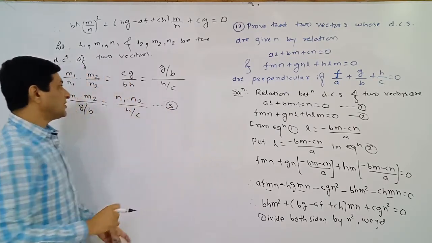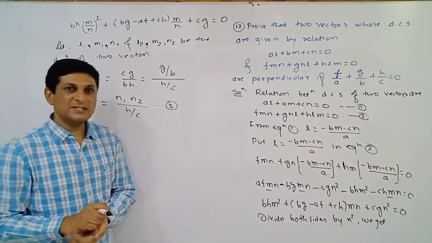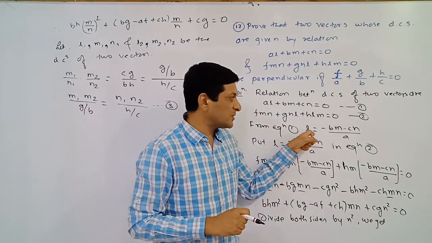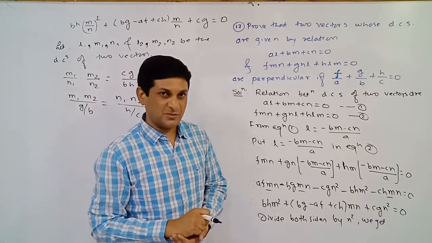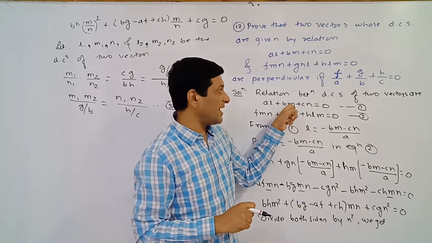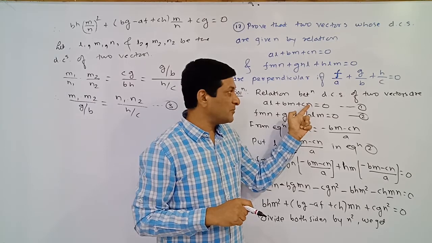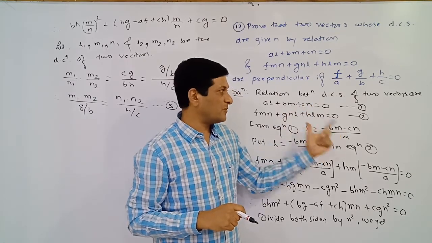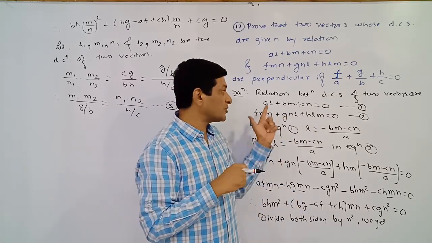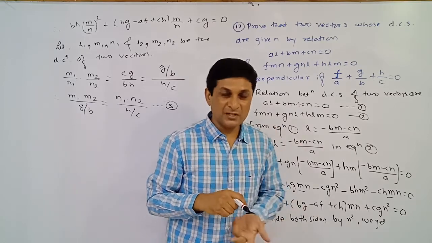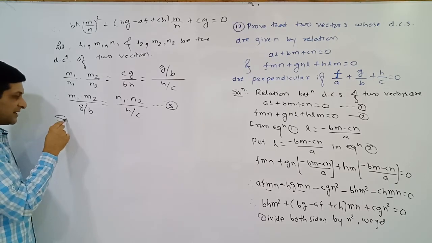Now this equation we have got, the result is in terms of what? M and N. So why have we got the result in terms of M and N? Because we have substituted the value of what? N. Now the same method we can use to get another equation. If you substitute the value of M, then the other equation will be in terms of what? L and N. And if you find the value of N from equation first, and substitute in equation 2, the new equation will be in terms of what? L and M. And that result will be in the form of, means the same method we are using to get this result.